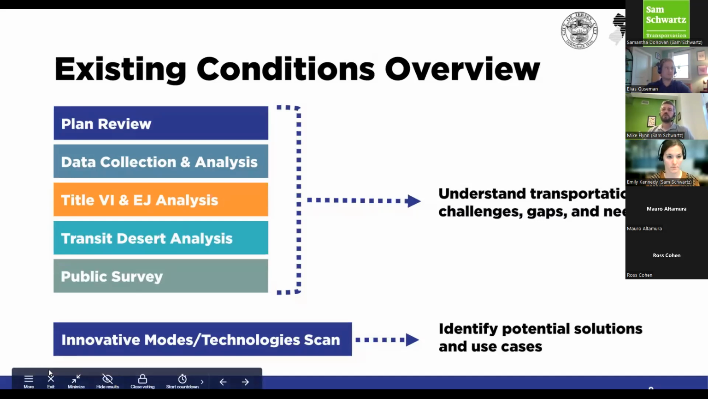Really, we had an intentional focus on examining relative access and disparities between different groups so that we could identify areas of the greatest need and learn about the barriers that they face. And all of that helped inform our work to get deeper into evaluating different potential